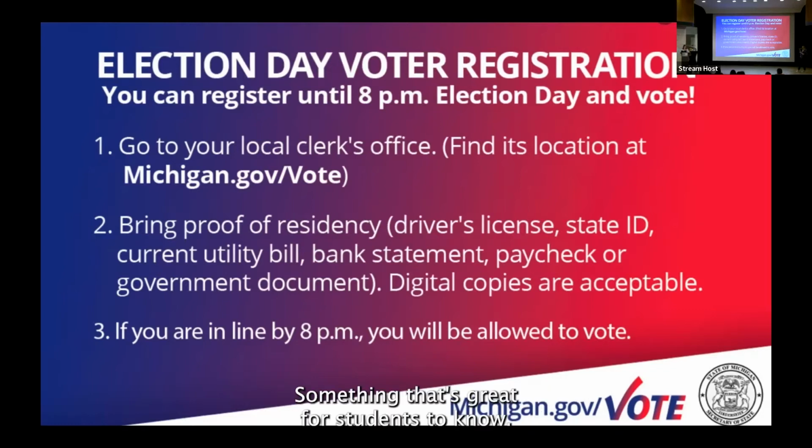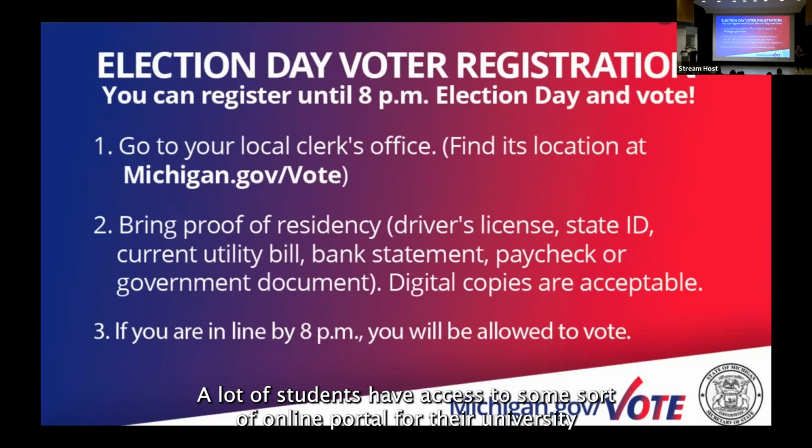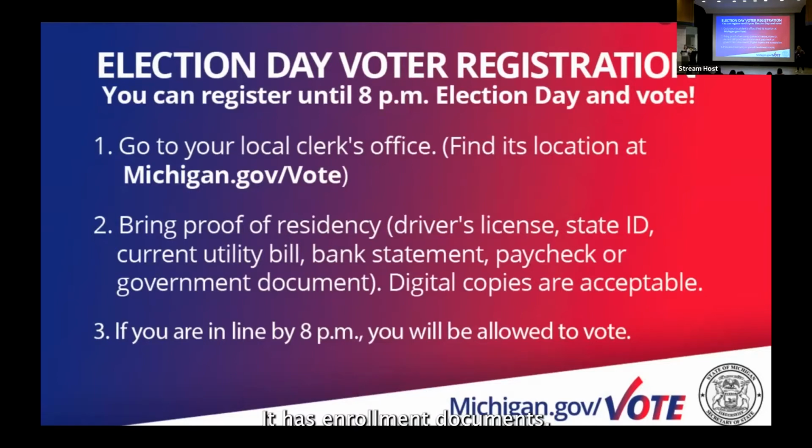And something that's great for students to know, when we say digital copies are available, that means you can just pull up whatever you have on your phone. A lot of students have access to some sort of online portal for their university that they can click on that has financial aid documents, it has enrollment documents. All they're looking for is an official document that has your current address and your name on it. So if you can pull that up on your phone, even if it's in your student portal, something like that,